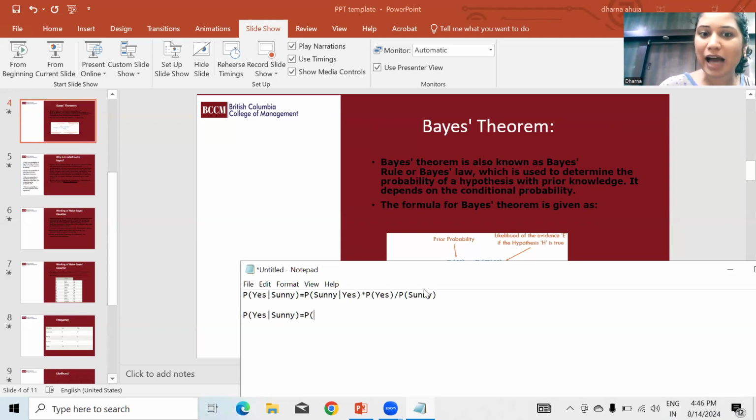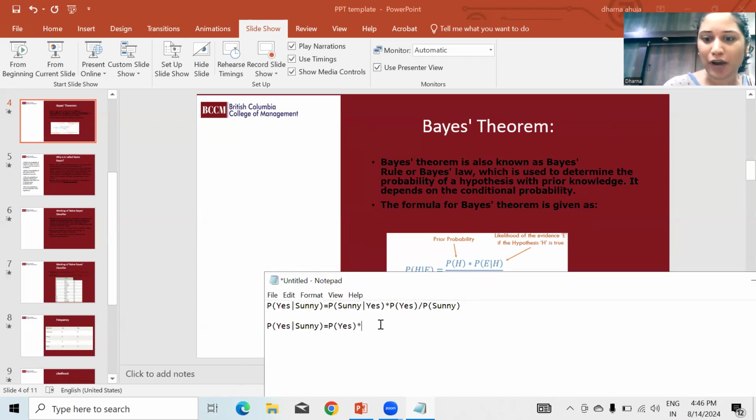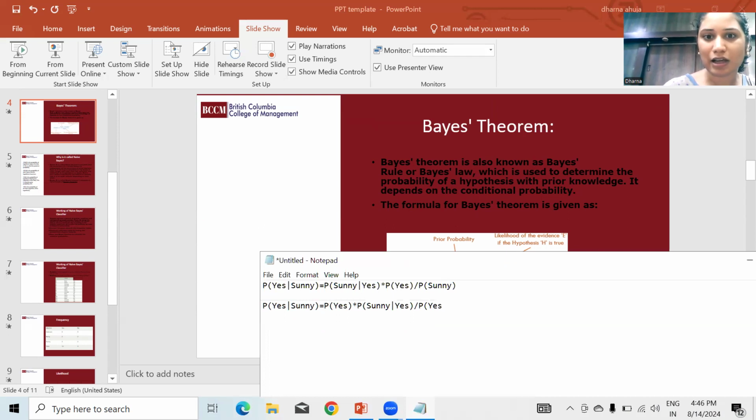So P of H means the hypothesis H, like yes, P of yes, multiplied by P of E given H. Probability of E given H means what is the likelihood of sunny when the play is yes. So that is what we have to find out. And then we divide by probability of E, which means the probability of sunny.